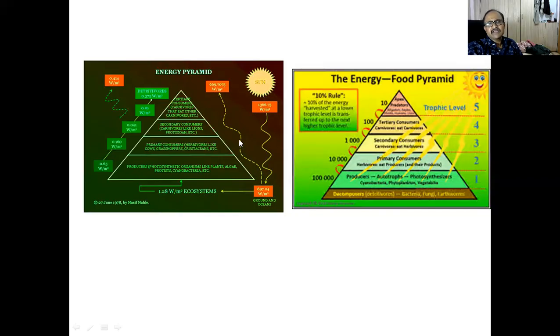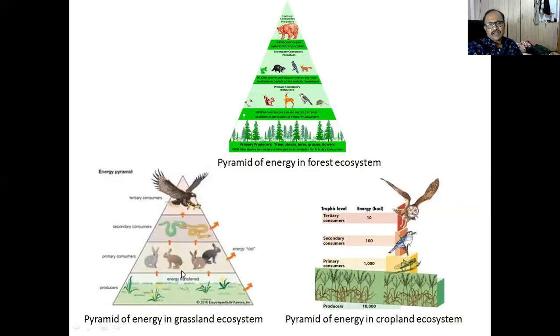This energy is the reflected energy. Solar radiation falls on the earth and some of the solar radiation is reflected back into space, this is the reflected energy. Okay, this is the pyramid of energy. Like that we can plot the pyramid of energy in various ecosystems. Okay, these are the pyramids of energy